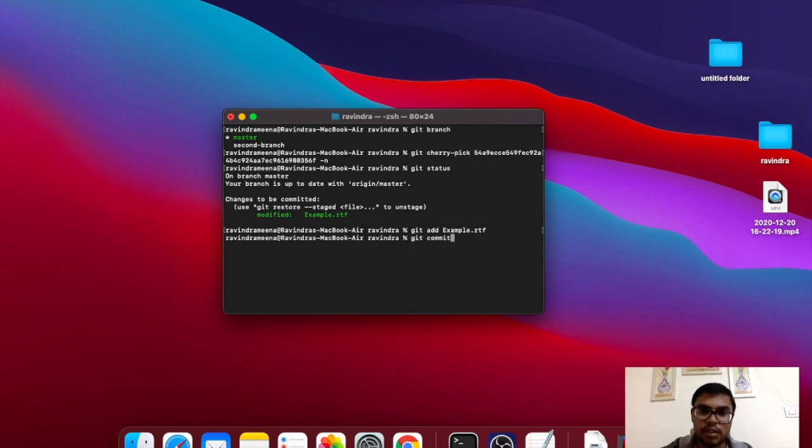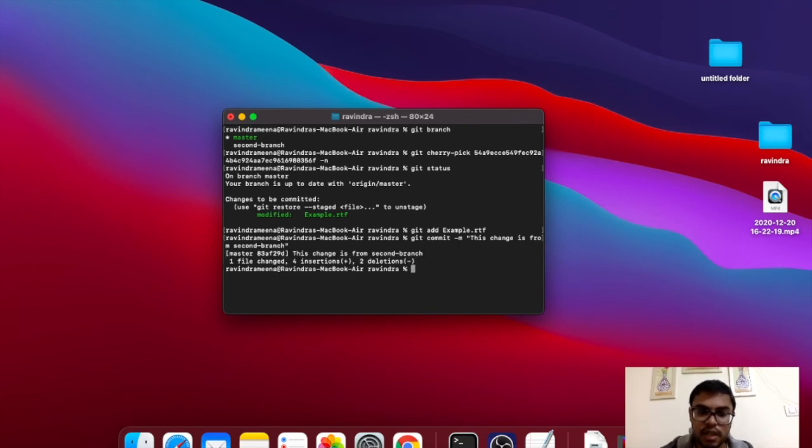After that you can commit it, and we can name it whatever we like. Let's say, this change is from second branch, and hit enter. After that, we can push our changes remotely as well.